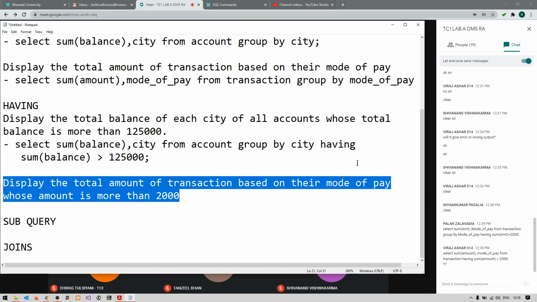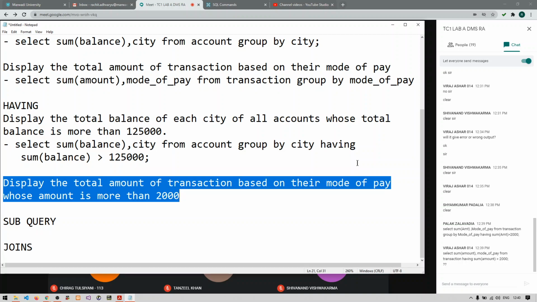Okay, I got two answers from Palak and Viraj. Let me wait for some more answers from you guys. Yes, any other answers from anyone else? Waiting for the answer.